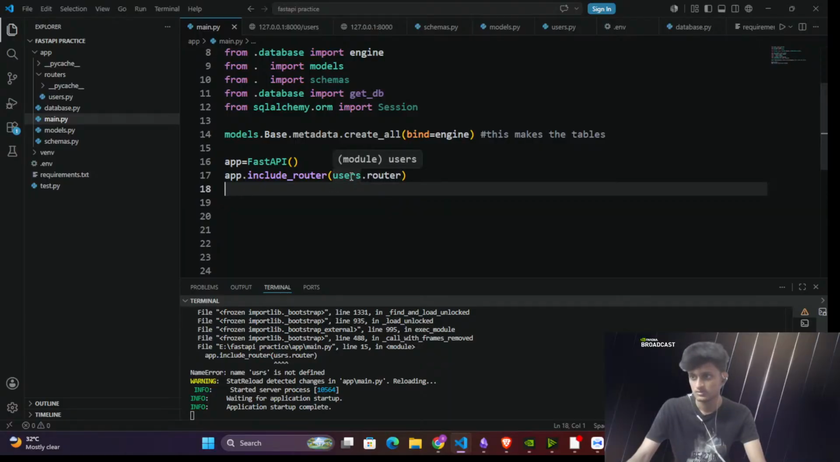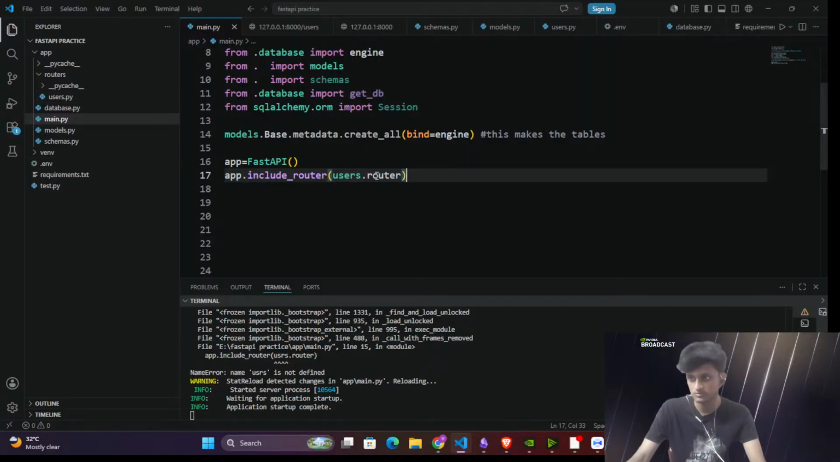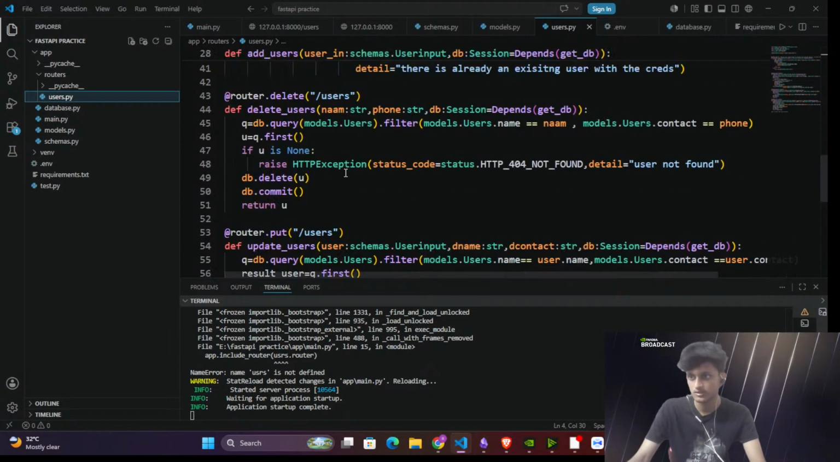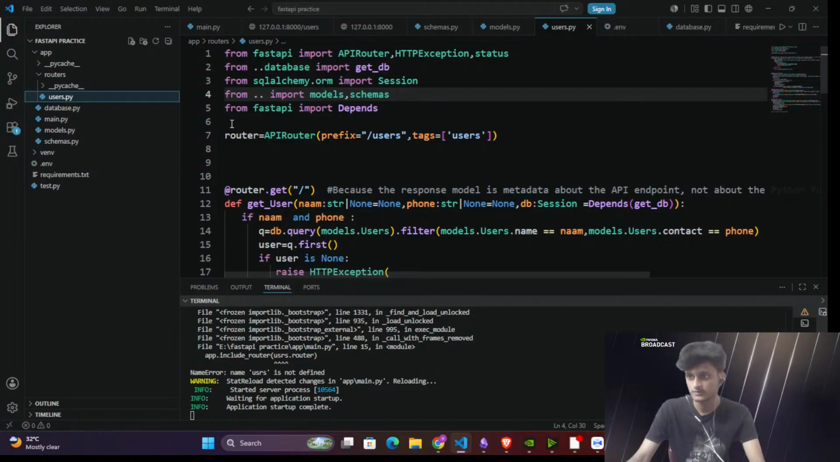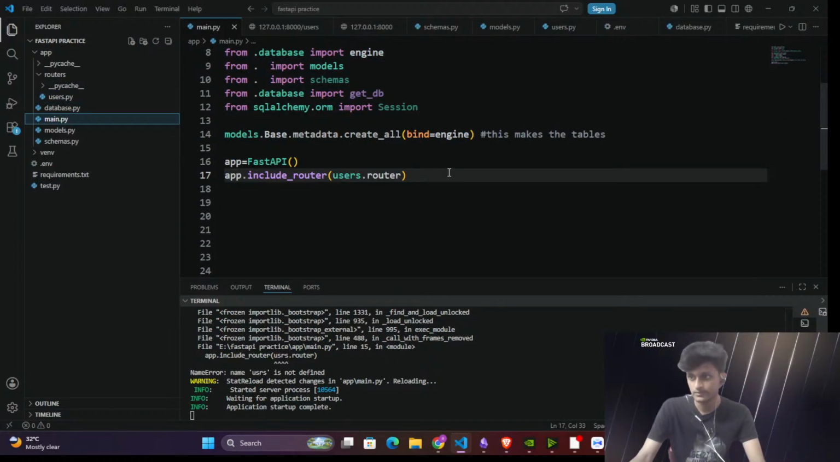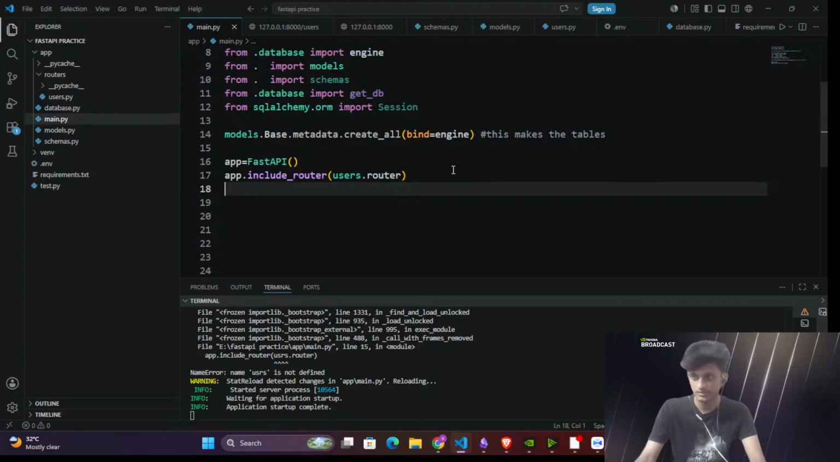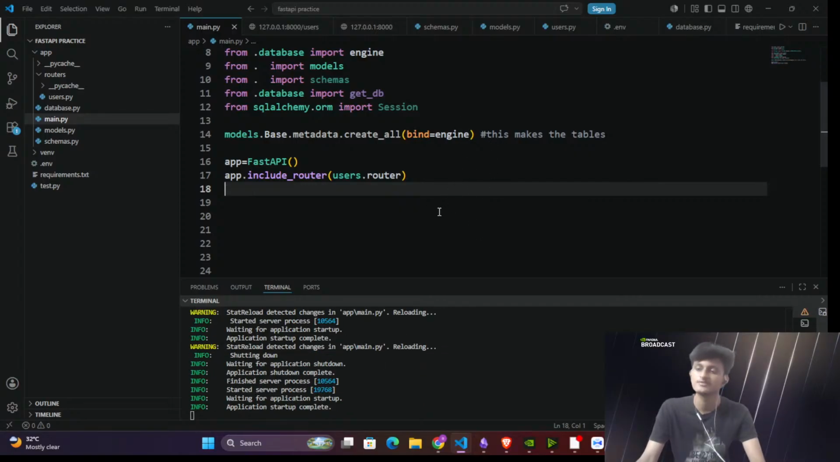So I guess it includes the users file, the router of users. It will start including that in the app itself. It's like a tributary of the app wrapper itself. So now that we have made the users tributary, mm,